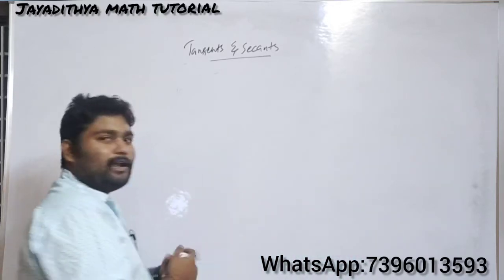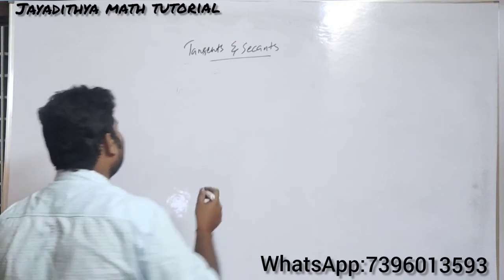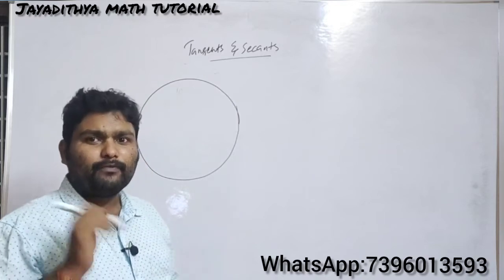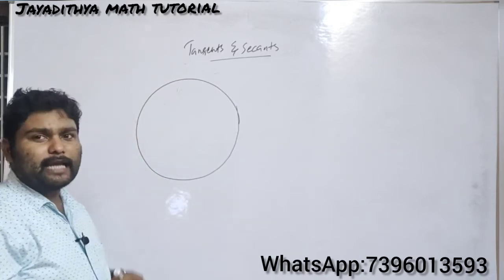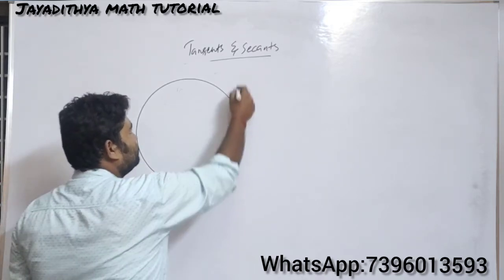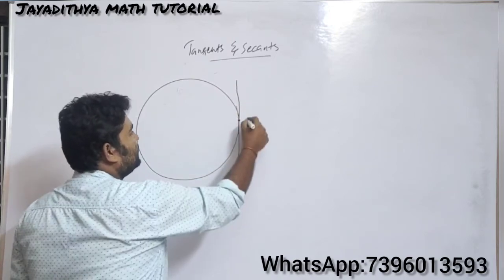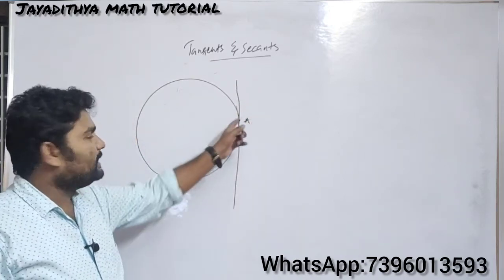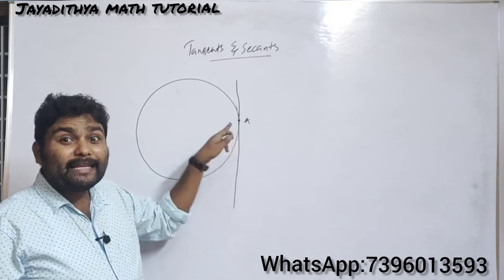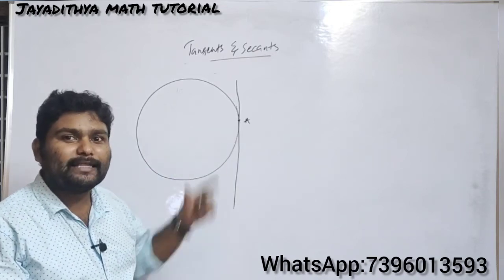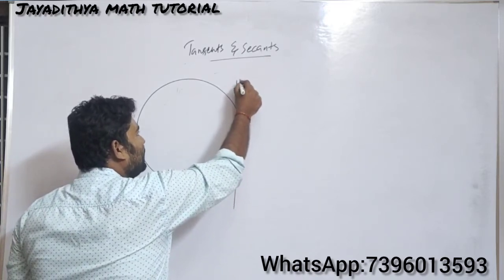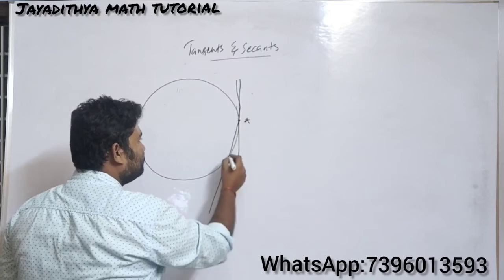Now let us understand how many tangents can be drawn to a circle at a point. For this you have to understand one activity in the textbook, so let us try to do it here. If I take a point here, I can draw one tangent in this manner. Let the point be A, and here you can draw a tangent. Clear? And at the same point, how many tangents can be drawn? If you draw one more line in this manner, obviously it is touching.